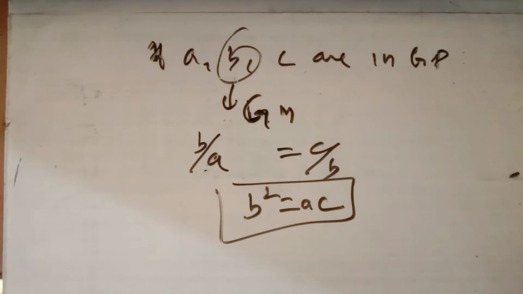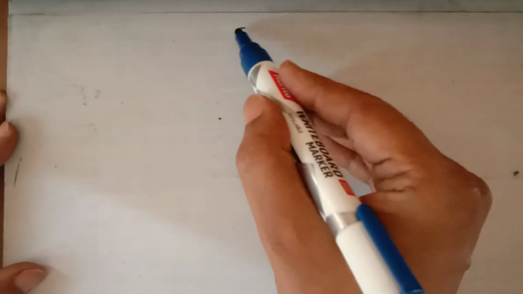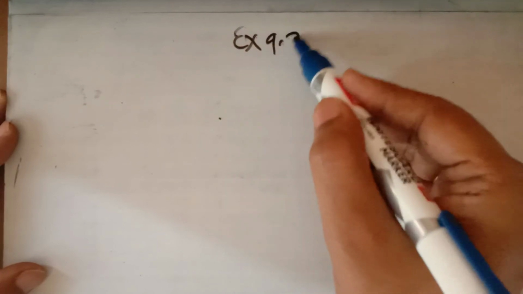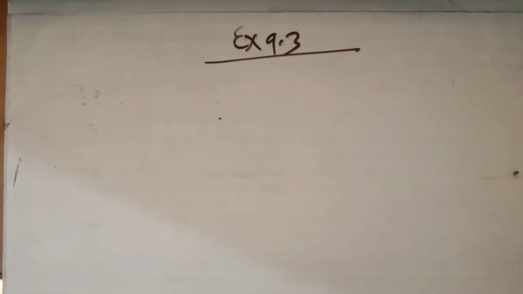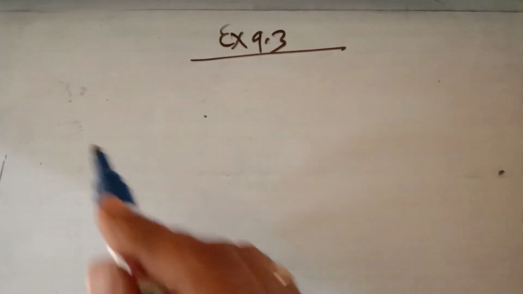In case of AP you have done, the arithmetic mean was the average of the first and last. So this is the basics for the geometric progression, in which we have discussed what a geometric progression is, the general representation of the geometric progression, and the sum of first n terms of geometric progression. Now the next exercise is based on the geometric progression of your NCERT book, and in question number 1 of this exercise we have this.